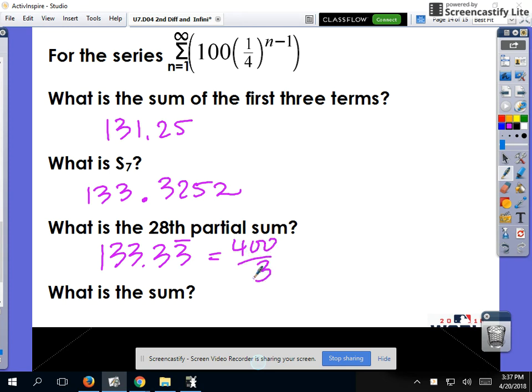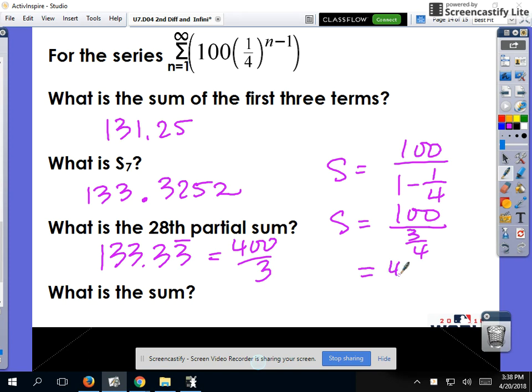And so what's the sum? Well, we can use our formula, which remember was S equals the first term over 1 minus r, which ends up being 100 over 1 minus 1/4, so that's 3/4. Oh, and that's where 400 over 3 actually comes from. So if we get a partial sum large enough, it actually creates the sum. But the formula